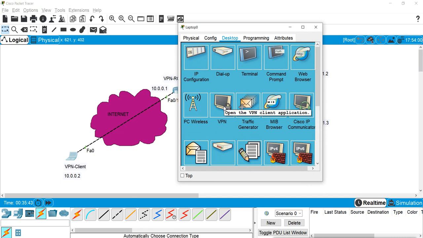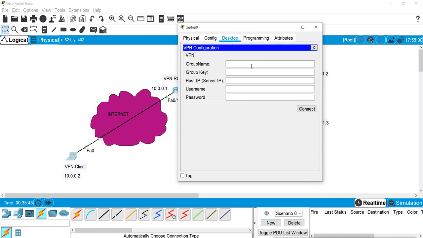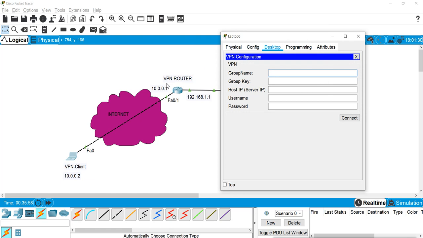Here we have to mention the name of the group, then the key which we configured, then the IP address of the server. The server IP address is 10.0.0.1 because from here it is going to connect. Then the username and password which we created on this VPN server, and then we will connect.